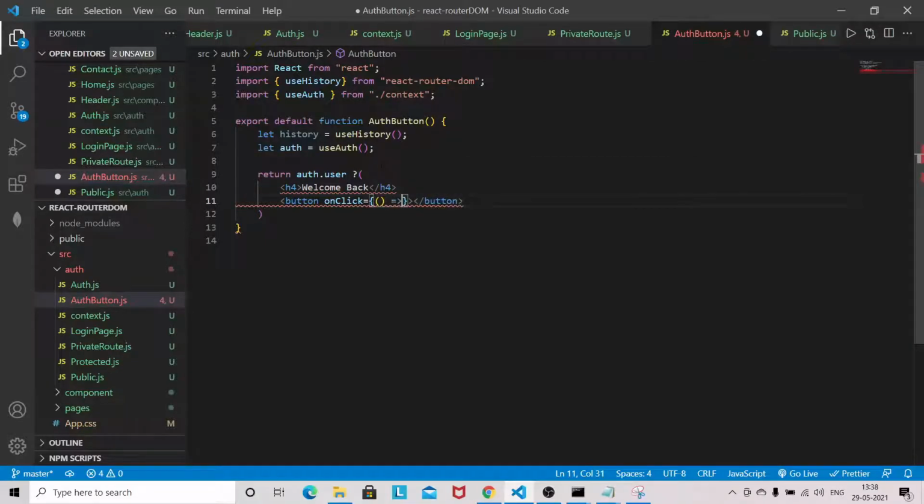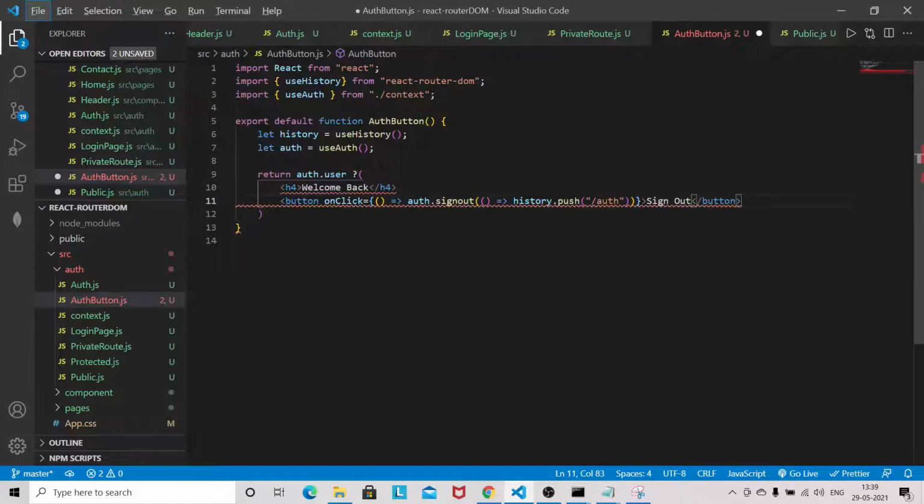I'll provide a callback and sign out. So in sign out, again I will have a history dot push, so I will be pushing to auth only, and here I will give the name sign out.